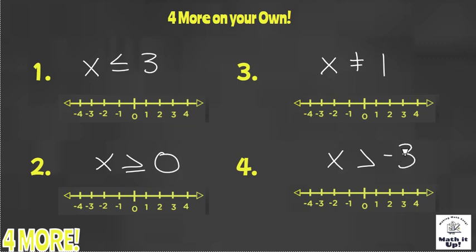And again, to help yourself to do your very best, remember to use those words. X is everything that is less than or equal to 3. Ring your number or fill it in right away. Is it part of the answer? Is it not? If it's equal to, then you fill in that circle. If it's not equal to also, then you leave it open. All right, good luck on these final problems,